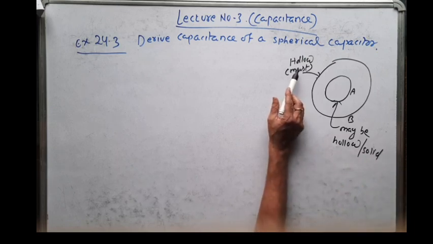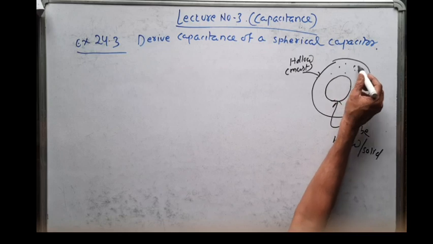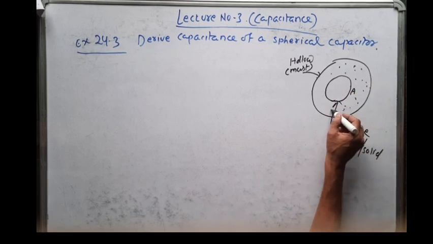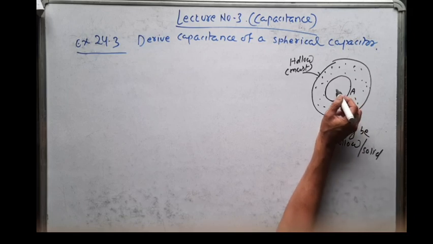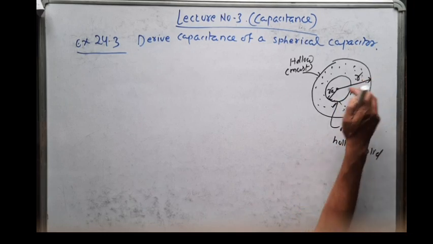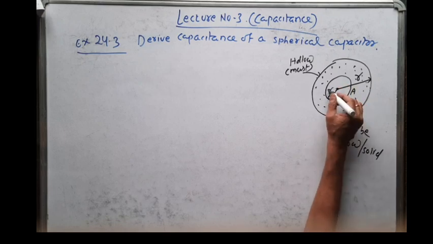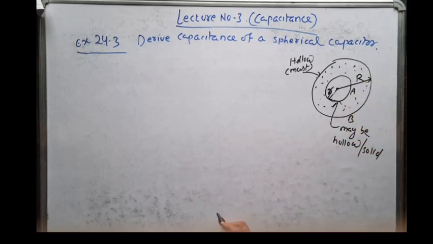Why? Because the outermost sphere must be hollow, so that in between this A sphere and B sphere you will put some dielectric medium, either air or rubber or plastic or polymer, whatever, or paper. So this is your dielectric medium. Now let us say the radius of the inner sphere is small r and the radius of the outer sphere is capital R. Okay, so now how will you find the